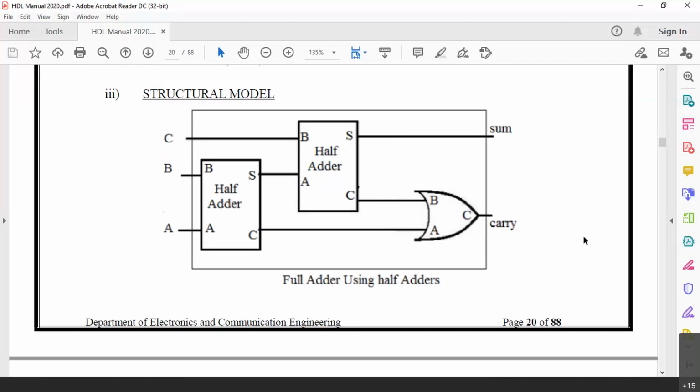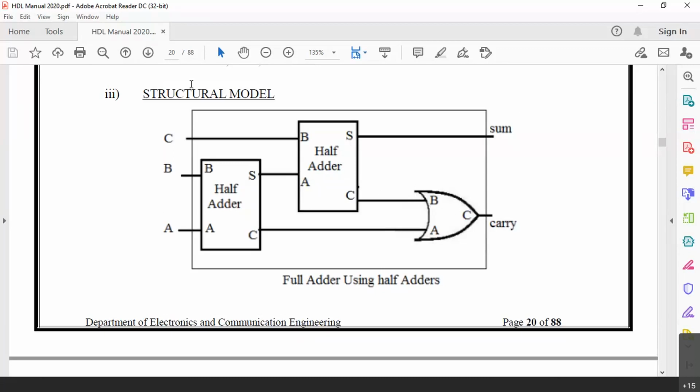So that way you will have two terms here. If this is having that AB, then BC plus AC is going to come here. Two terms are going to come here. So check that XOR operation also. So that is how using half adders and using one OR gate, we are getting the carry term here. This is AB plus BC plus AC.